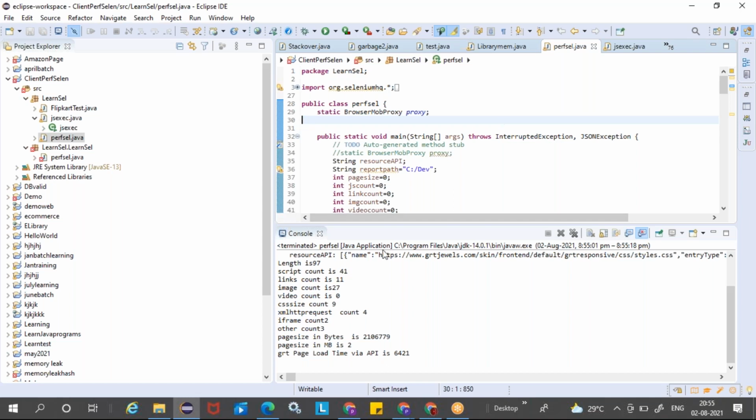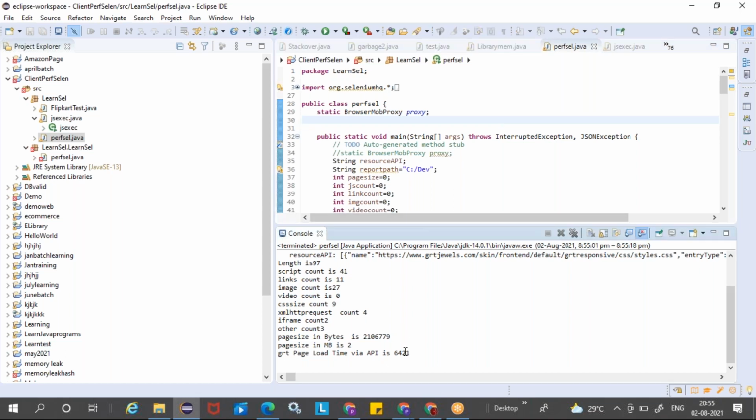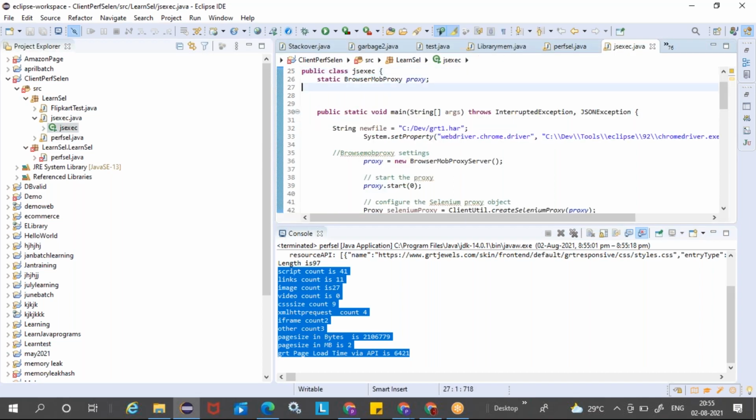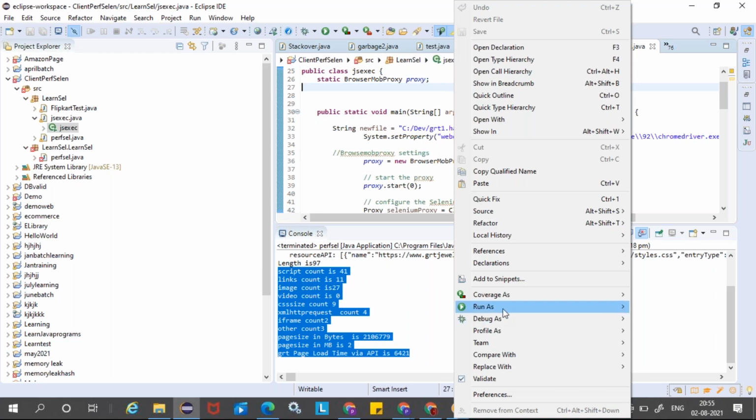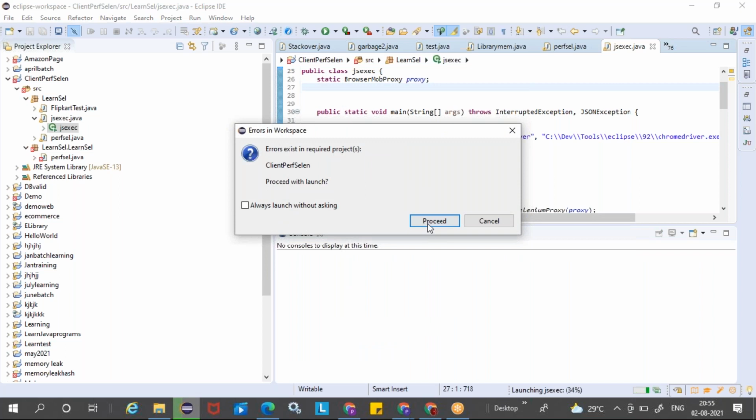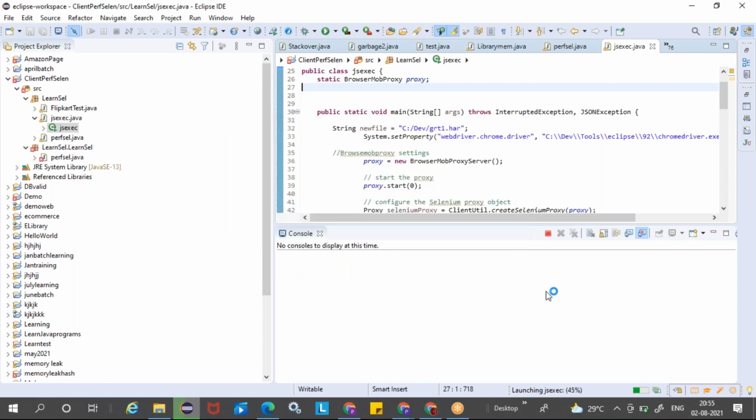Okay, so I just ran this script, right? I got the load time, page size, number of CSS, videos, images, links, all these things. Similarly, if I execute another one to get the HAR file, I'm going to get a HAR file for the waterfall analysis, to record all the network calls.